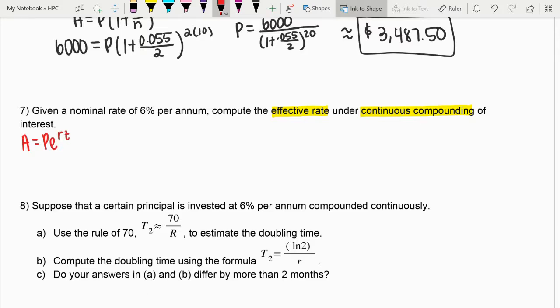And then to find the effective rate, we're only going to be using e raised to the power of r. Okay, so we have e raised to the power of r, which is equal to e raised to 0.06, which gives me approximately